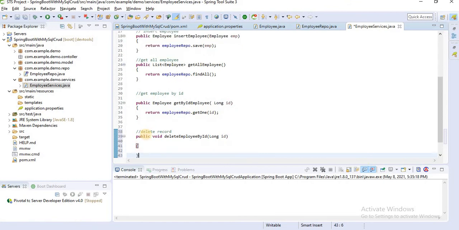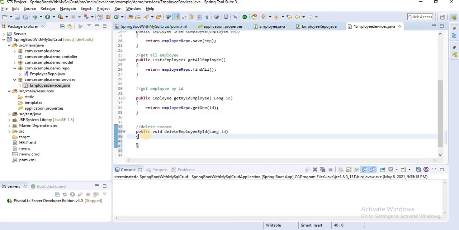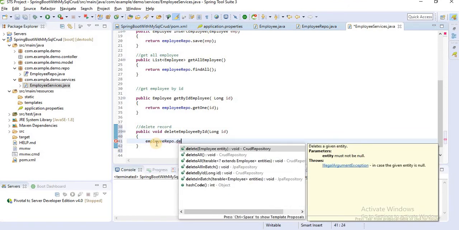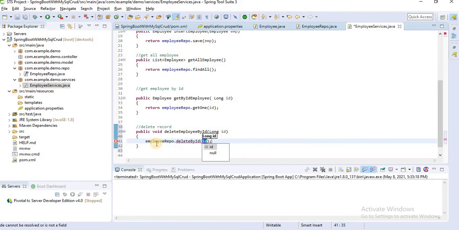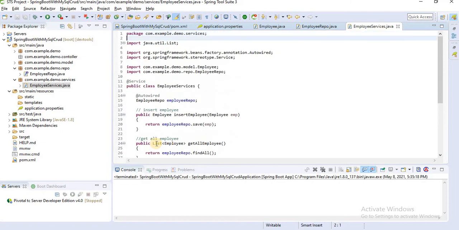The delete method returns nothing, that's why void. Here we can define employee repo dot delete. We have a few methods here. We can pass the whole entity also, or we can pass a single id. We are passing just the id, that's why we are using delete by id. Let's press enter, and our CRUD operation is done on the service side.